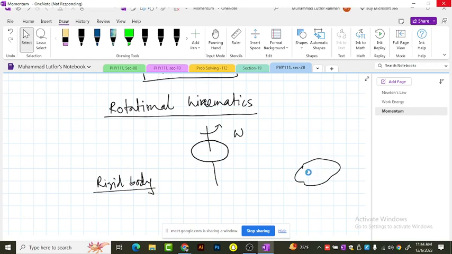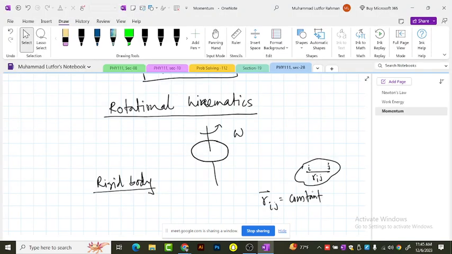This one I say is the ith point and this is the jth point over here. If the distance between these 2 point masses, which is Rij, which you can also write from the displacement, is constant,